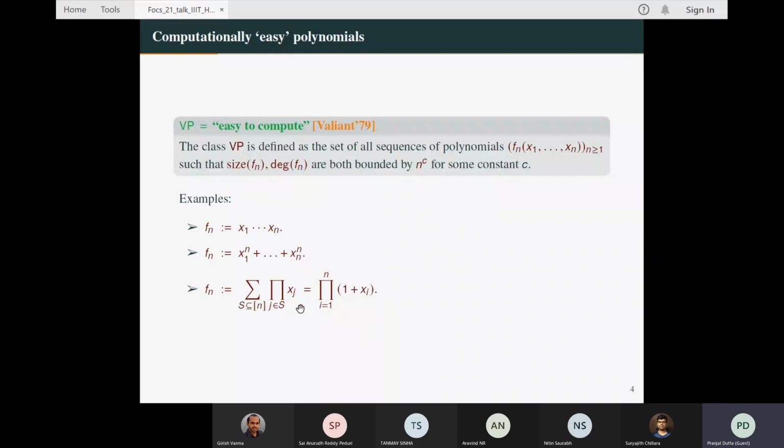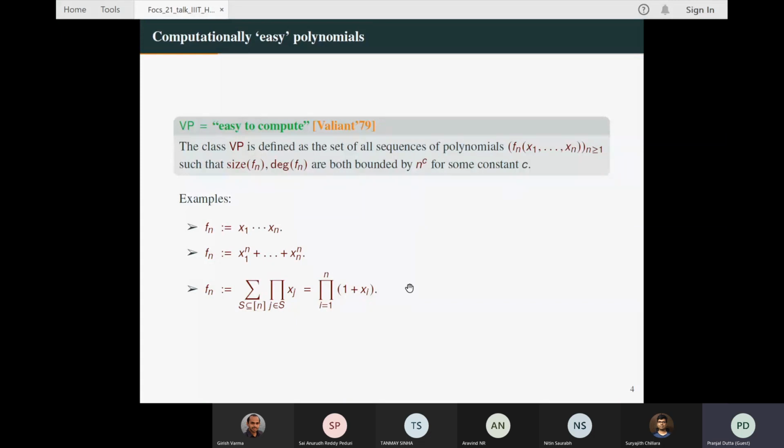However, if you expand this, there are exponentially many, like 2 to the n, monomials. So when you think of this as a sum of products, it may not be obvious that it has a small size circuit. There could be many monomials, but there is a syntactic way to represent this polynomial as a small circuit. What a circuit really does is it's a syntactic representation of a polynomial where ultimately there could be many monomials, but it shows that it can be